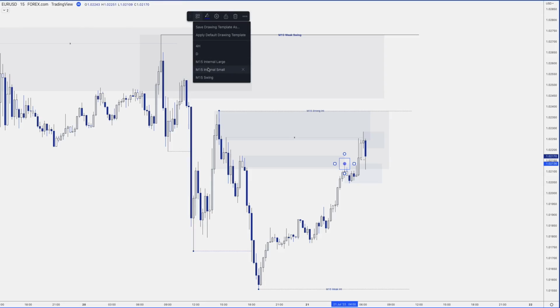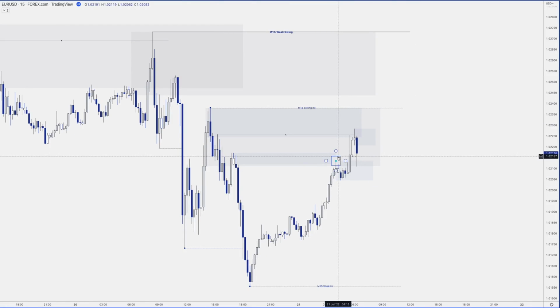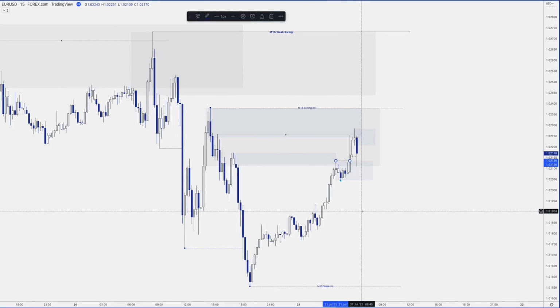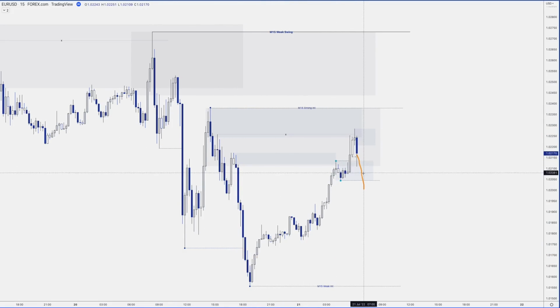let's use this color here, right? This small internal structure drawn on as well, which really, because there's hardly any risk to reward to get short into this level now, it's going to be a lot higher probability, as I said, to wait for this low to go, right? If you want to wait for more structural alignment, because once this low goes, then we have everything aligned. The small internal structure will be aligned with the larger internal structure,